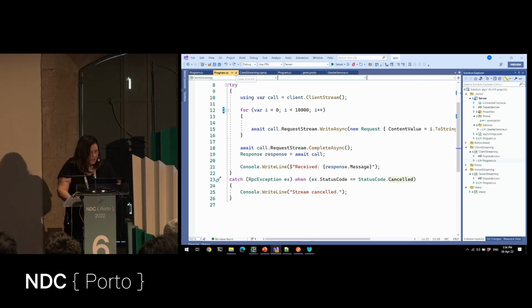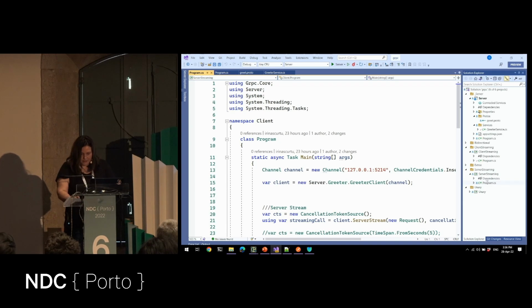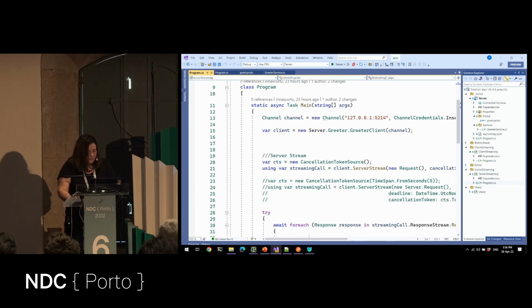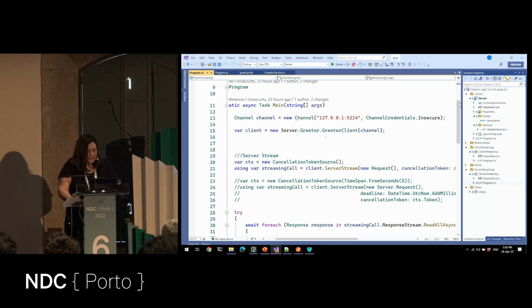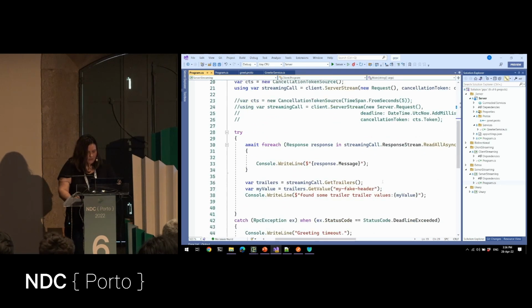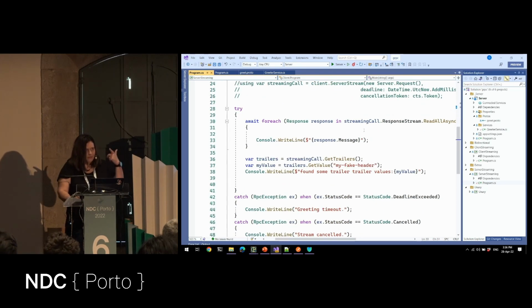Okay, back to the server streaming. The approach is the same, but this way, 5,000, to make sure it works, you send basically several responses to the client, but the client is still the one that needs to instantiate the request.